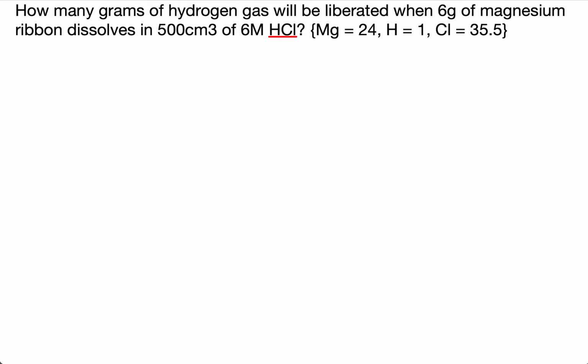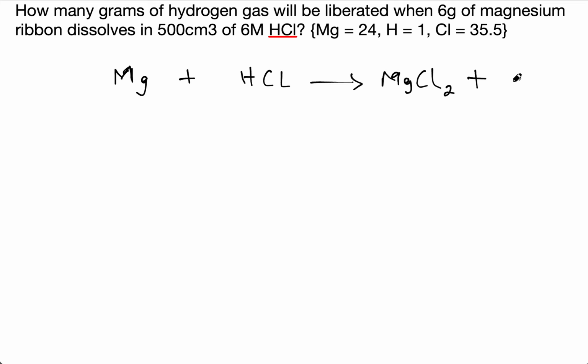This is a JAMB chemistry question, and we are asked to find the mass of hydrogen gas that will be liberated when 6 grams of magnesium is dissolved in 500 cm³ of 6 molar HCl. The first thing we need to do here is to write a balanced chemical equation, because this is purely a stoichiometry question. So we have Mg reacting with HCl, and this would give us